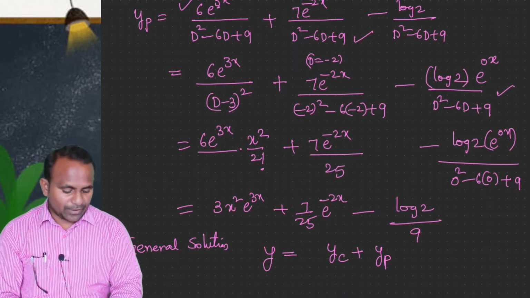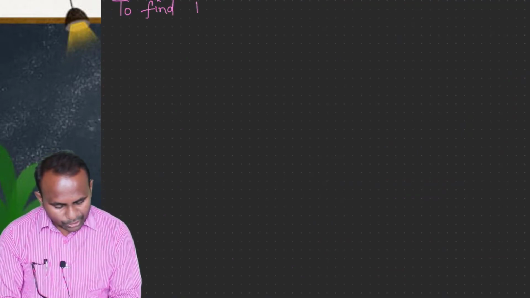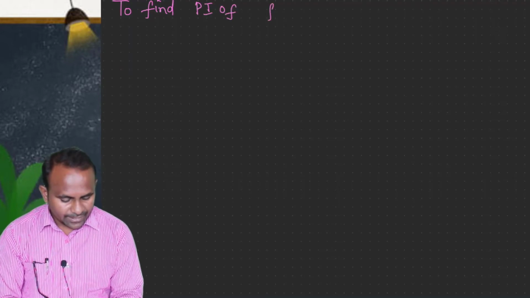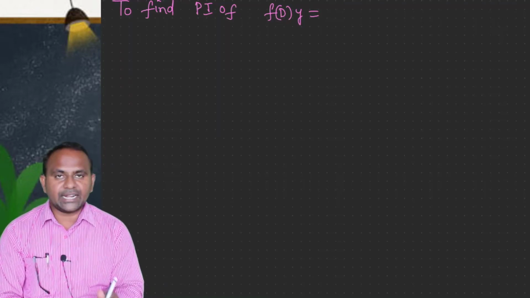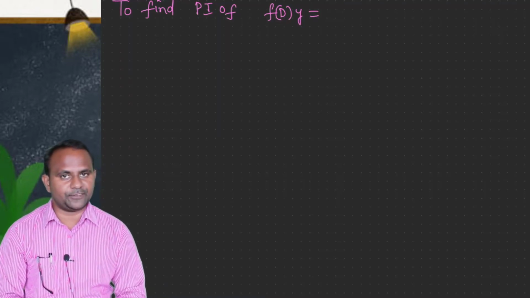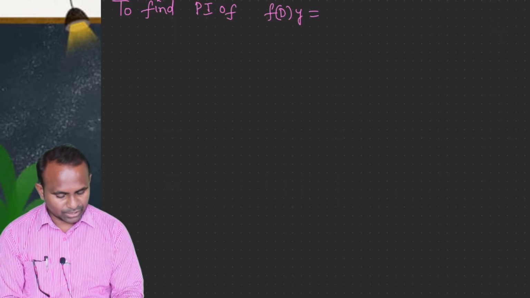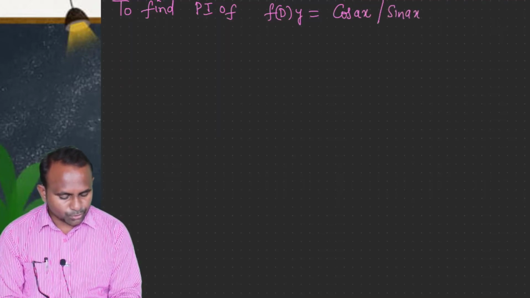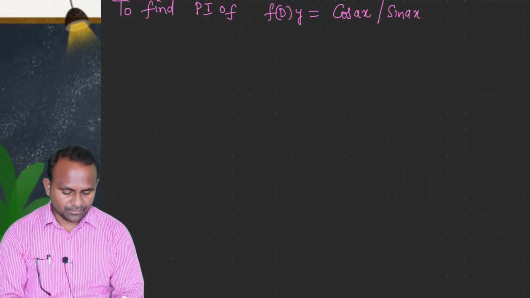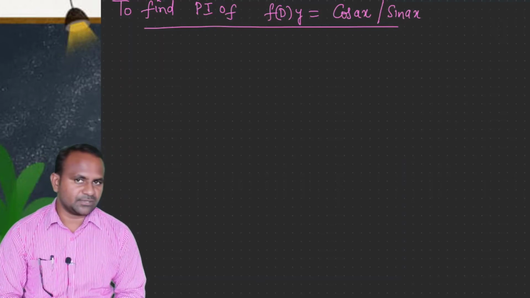Now let us go for another one. We'll try to find the particular integral of f of D of y equals, where only the right side will be changed, the rest is the same because it is a higher order linear differential equation with constant coefficients. Depending upon the right side, we'll have another procedure to find the particular integral, not the standard way. If it is either a cosine function or a sine function, any of these two, the same method, the same procedure will be followed. Either sine function or cosine function, linear terms, not sine square, something like that.